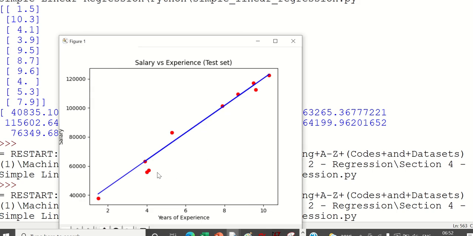Okay, so now the red dots are the test data. We have split it into X test and Y test. So that is this red dot, and our algorithm, which has been trained, has predicted it in this form. You can see that out of say 10 data points, it is only at two places a little far off, or else almost every point lies on this blue line. So it has predicted the data quite well, but this is just visual.